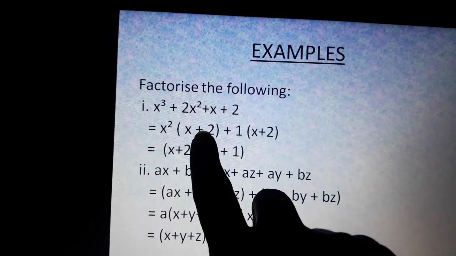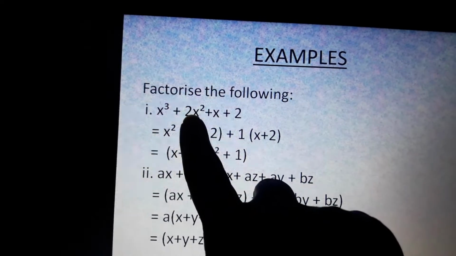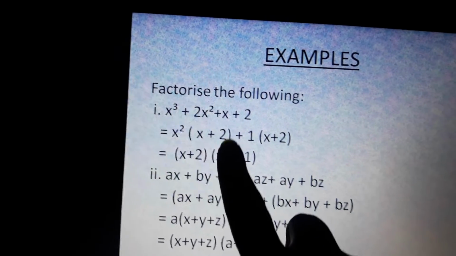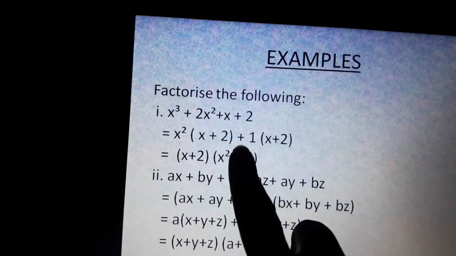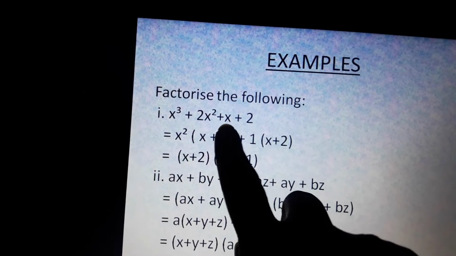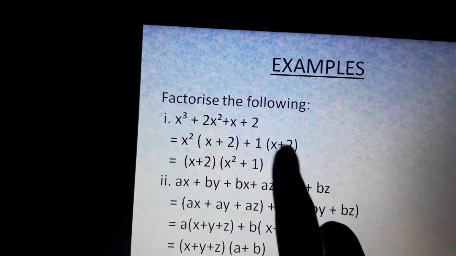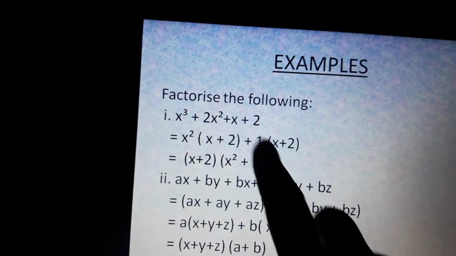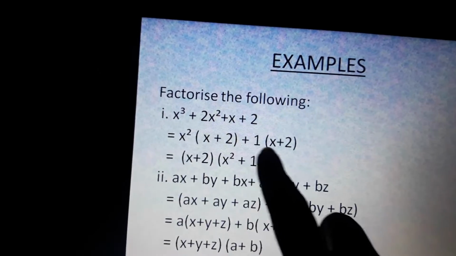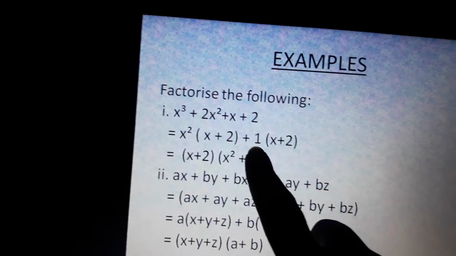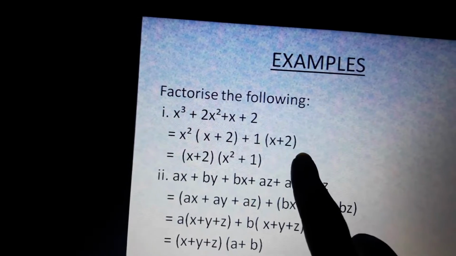Then you put this plus sign. Then the second term, 2x square, divided by x square, you will get 2. So after writing 2, close the bracket, then put this plus sign. Now in between x and 2, which is the common factor? Only 1 is the common factor. So take out 1, and in the bracket again, x divided by 1 gives x. Then put the plus sign, and 2 divided by 1 gives 2. So close the second bracket.